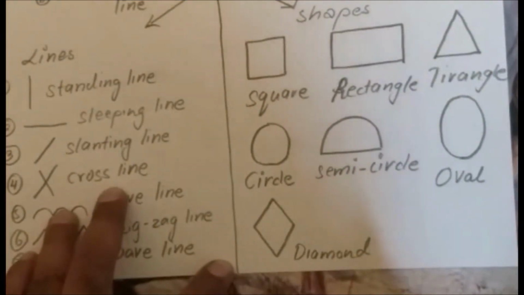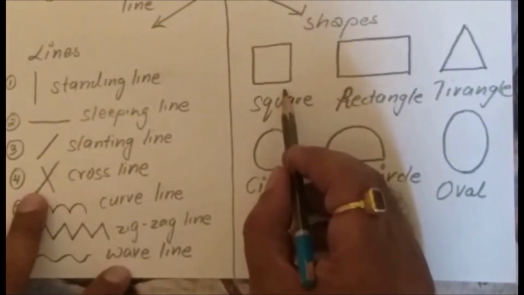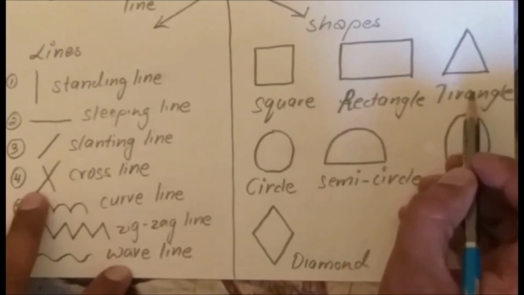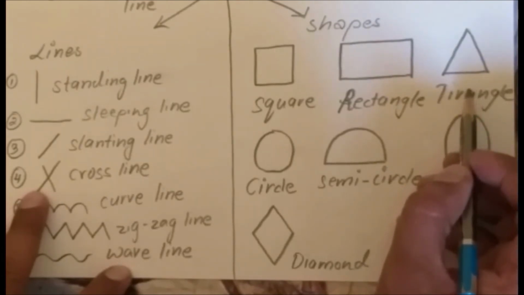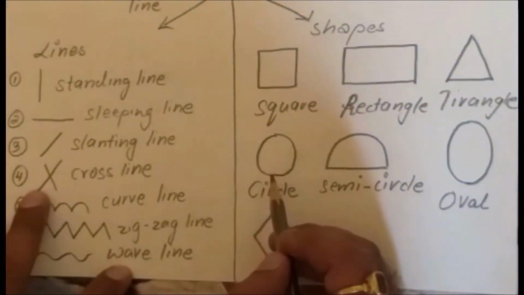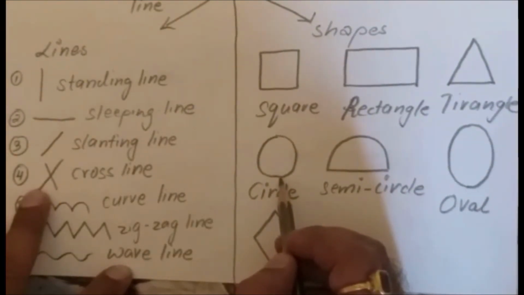So these are the constructive lines and shapes which will be important for your drawings. With the square, you can make a hut, a house, a room, a box. Same thing with the rectangle also. If you are going for a triangle, you can make a cap, a pizza slice, a watermelon slice, a samosa. Now for a circle, you can make a cake, a gulab jamun, a ball, a football also.